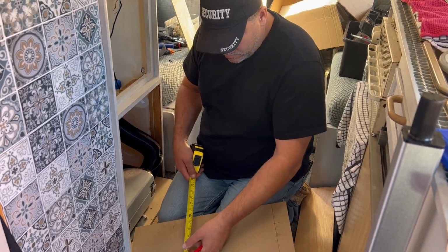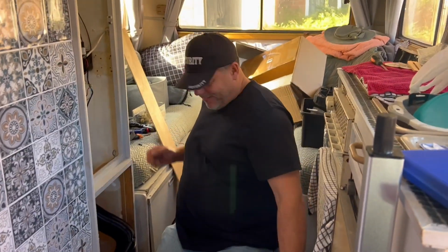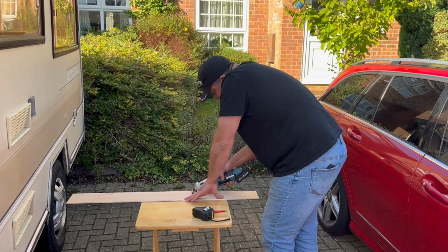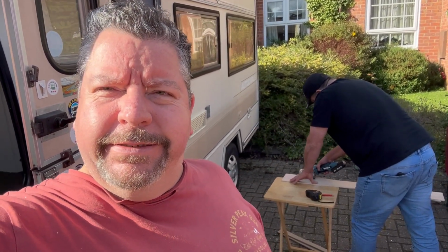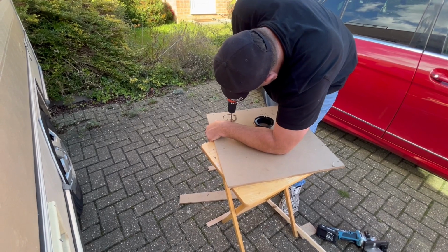This is the all important boxing it in now. You see here Adam measuring three times, cutting once. And getting it wrong. And all the faith, all the faith. Now there is an easier way of doing that, is getting a circular saw thing, but